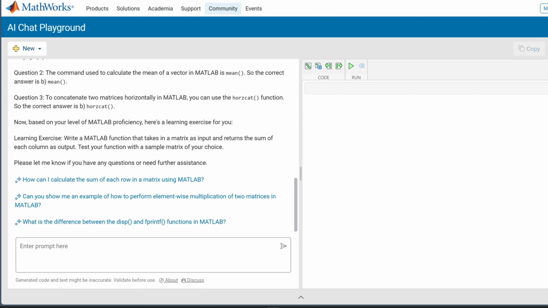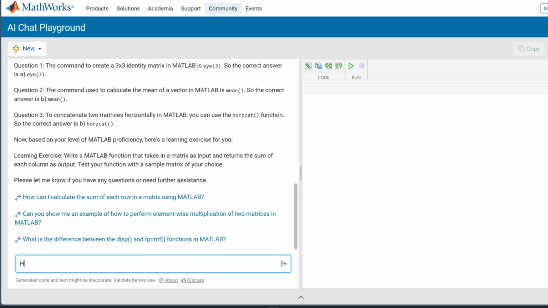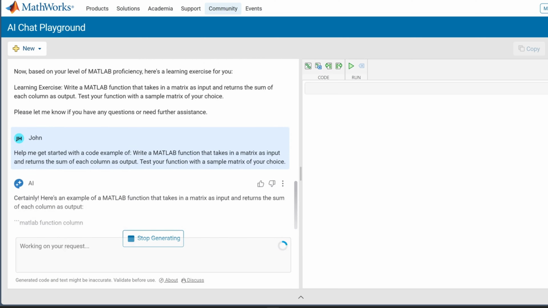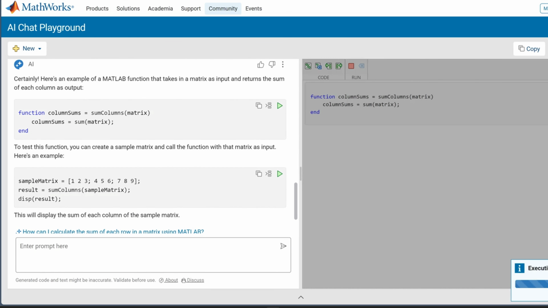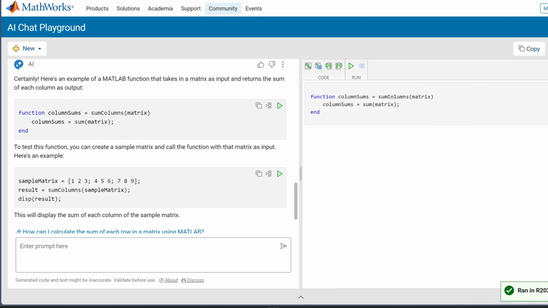And then one of the nice things about this environment is that it gives a code example. And one of the nice things is that you can run these and it can execute these functions or these test scripts on the right pane. So as you're working with this and using it as your one-on-one tutor, you can see the results of your code all within this environment.